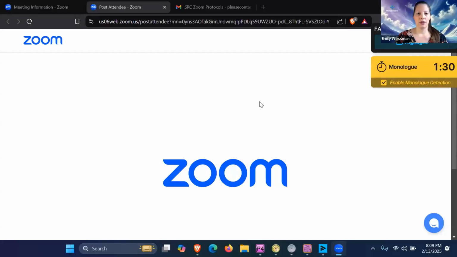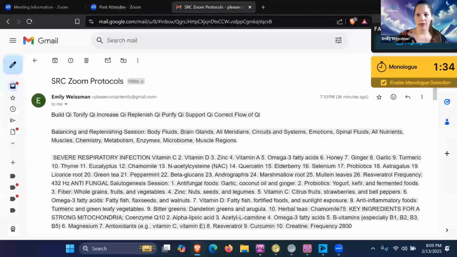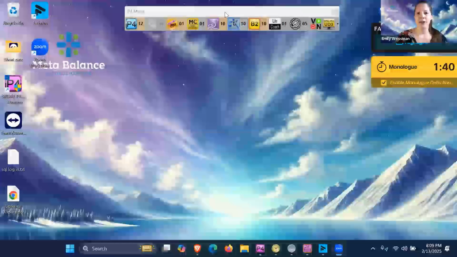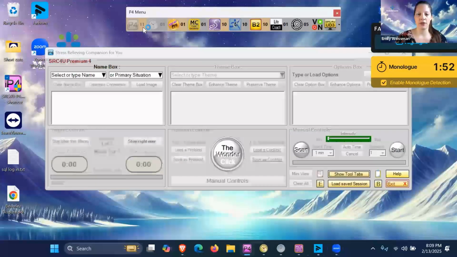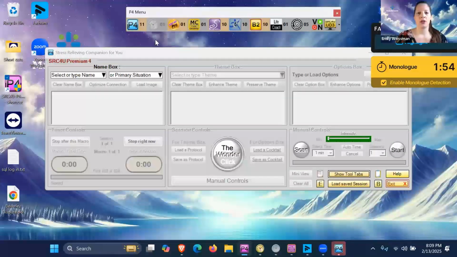So let me just get my SRC up in one second. Here's my menu at the top, and depending on what you have, these will be highlighted or not. We're going to go into the premium, into the P4, and you can see I have 12 of those, and when I open it, it counts down to 11. So I have 11 windows left. So with the premium,